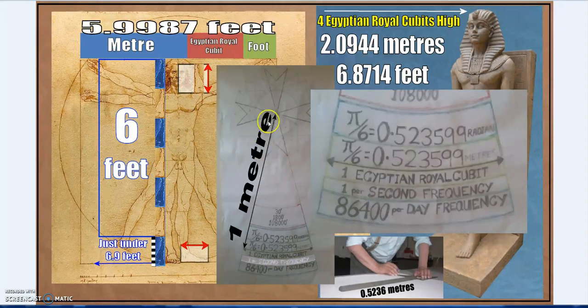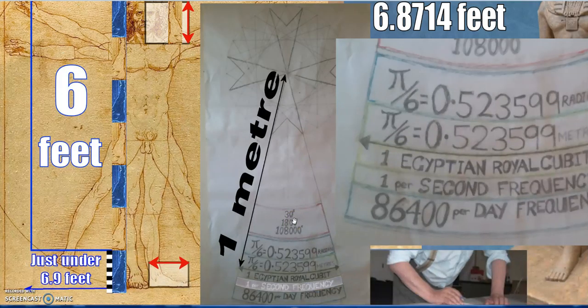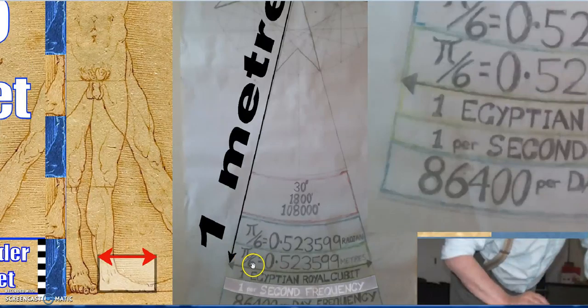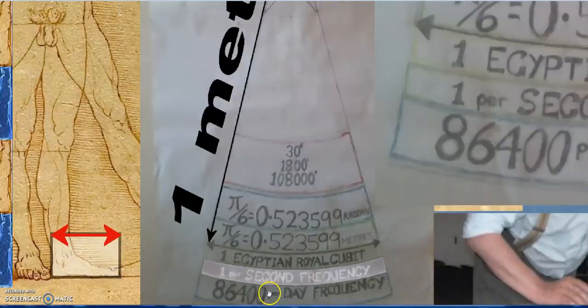For instance, it's a still image, but if you were to make a 1 metre long pendulum, you would swing it no more than 30 degrees, and this is a bona fide thing. If you swing it more than that, it affects the timing. Just like a grandfather clock, a pendulum needs to be swung at a shallow angle, and a 30-degree angle just happens to create pi over 6 metres, and that is 1 Egyptian Royal Cubit, 86,400 seconds per day, which